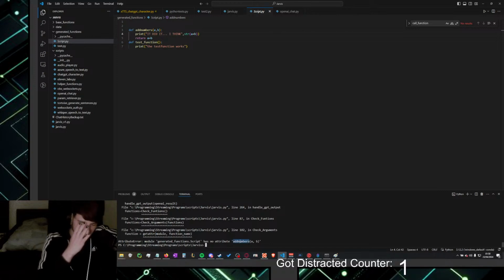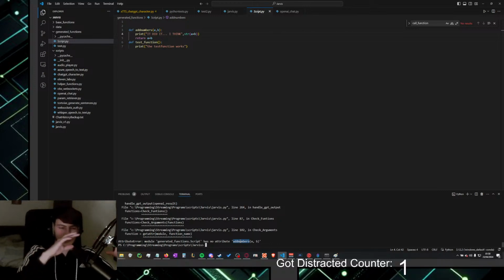Oh, I see what went wrong. Because I added the brackets with the arguments it wants to the functions dictionary, and the call function thing is trying to call things from the dictionary. It is trying to call a function that is called add numbers brackets a, b, instead of calling a function that is called add numbers.